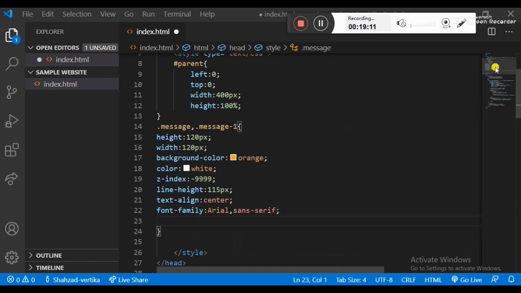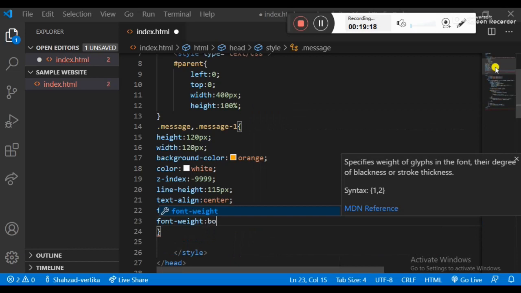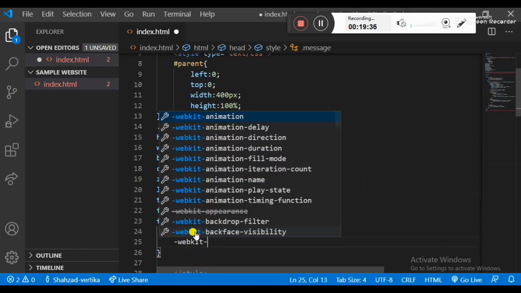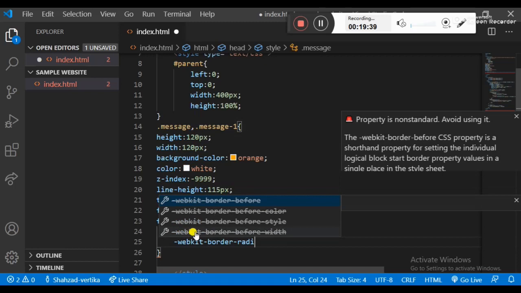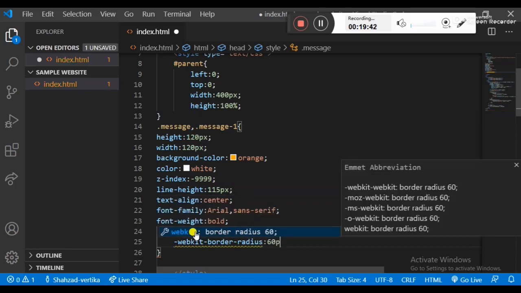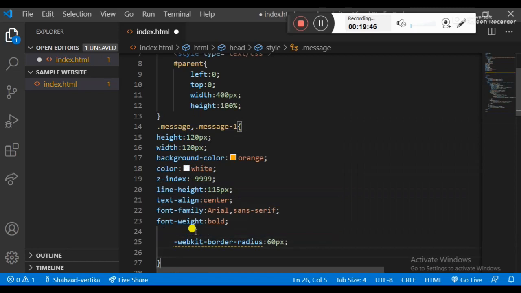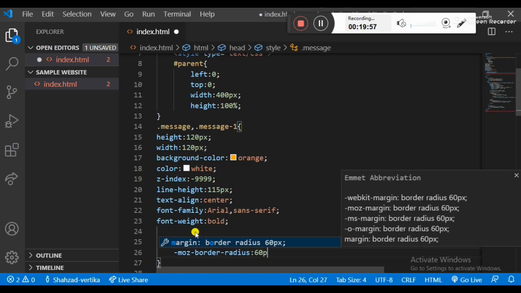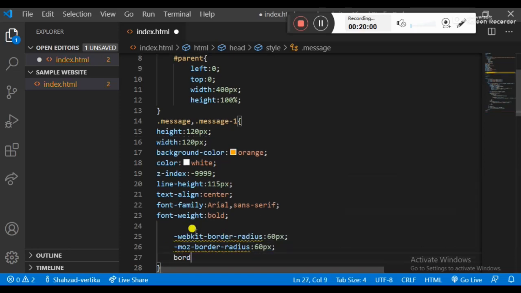Font weight should be the bold, WebKit border radius, x, moz border radius 60 px, border radius. This is the WebKit transitions, you know, you are familiar with this.